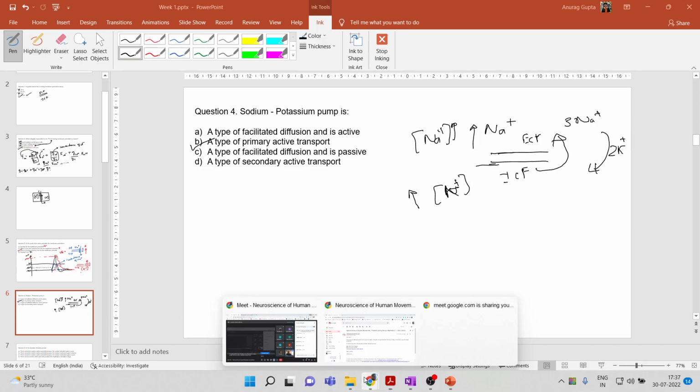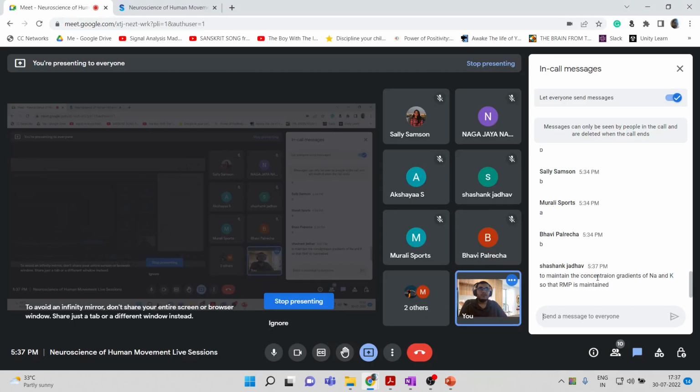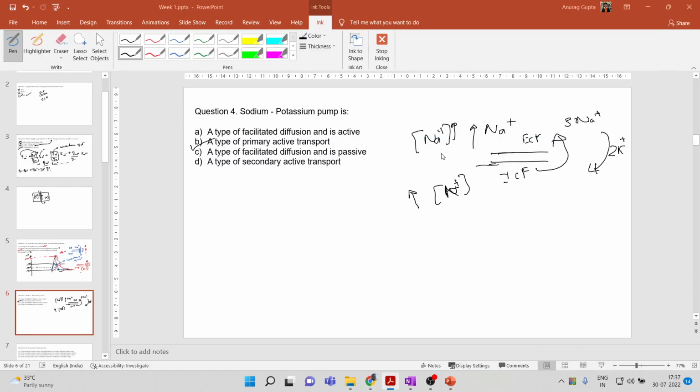Okay, let's see for any responses. To maintain the concentration gradient. Okay, Shashank, yeah, that's correct. So one of the main aims is to maintain the concentration gradients across the cell